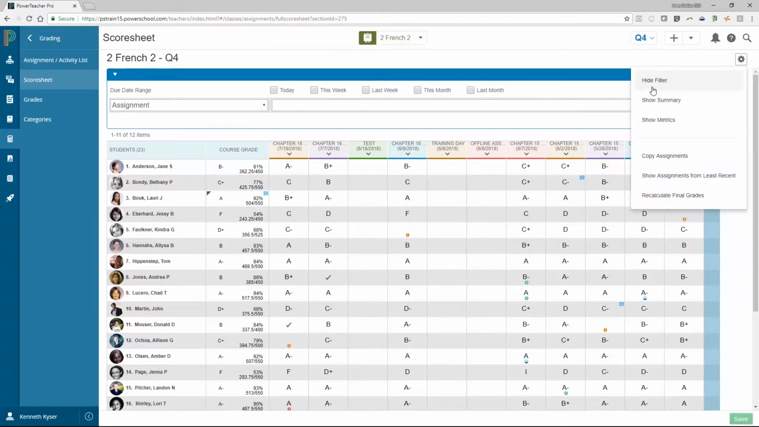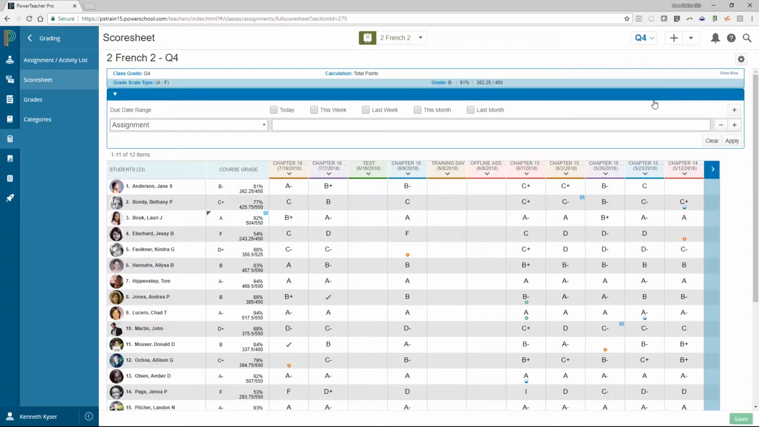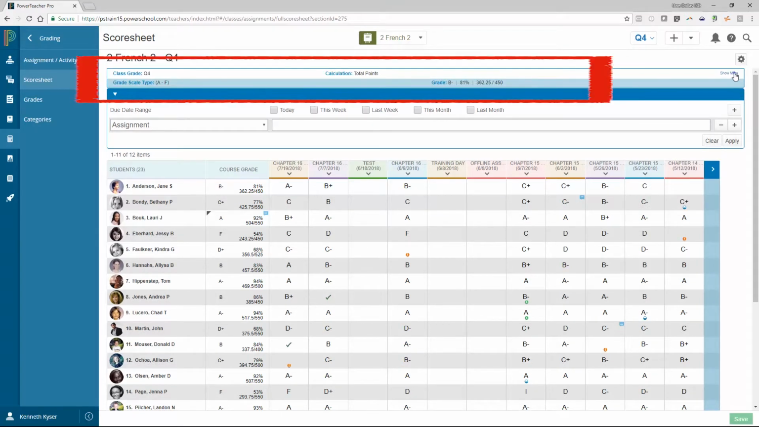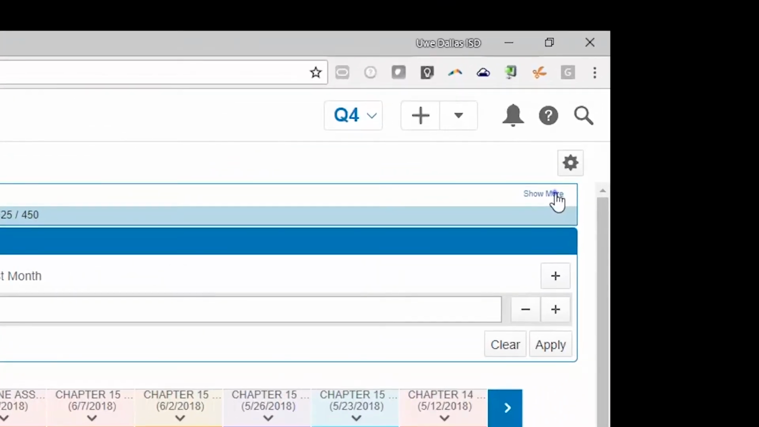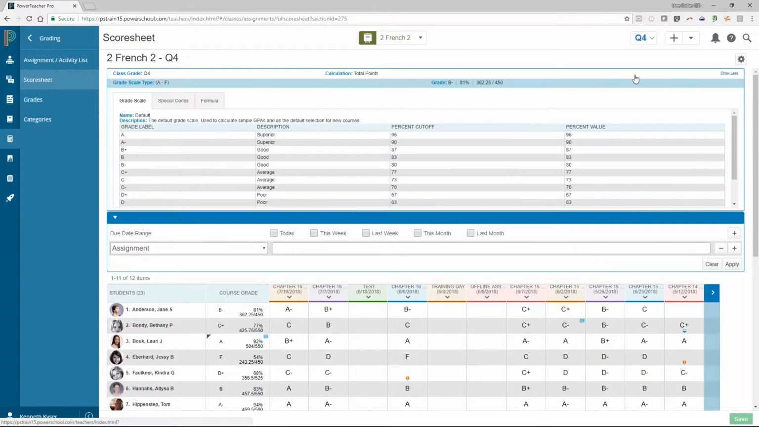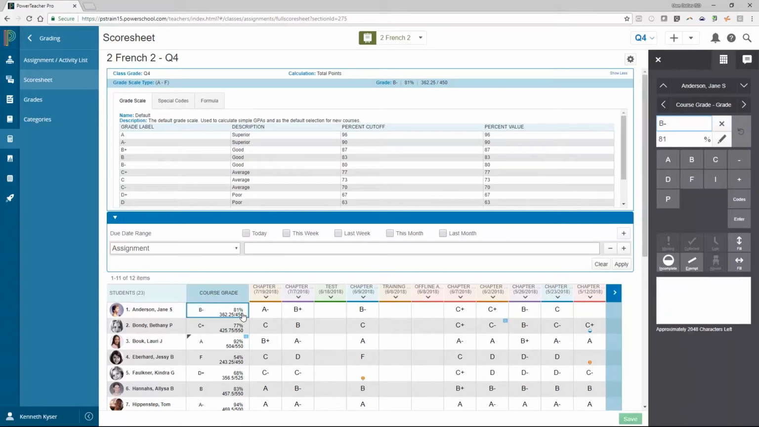Also in the gear is an option to show or hide summary. By default, this information is shown. It gives you a banner on the page above the score sheet where you can see details about your class, such as the grade scale and calculation method. If you look closely at the far right-hand side of this banner, you will notice a tiny link that says Show More. Depending on what column you have clicked into on the page determines what information shows up in this